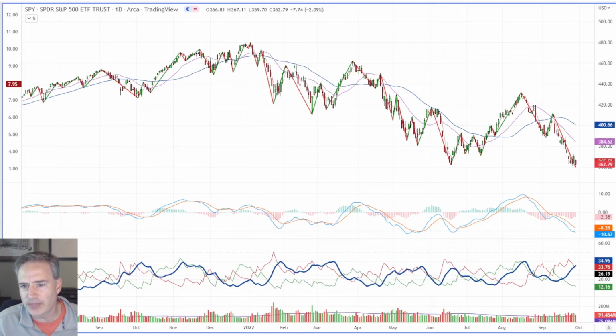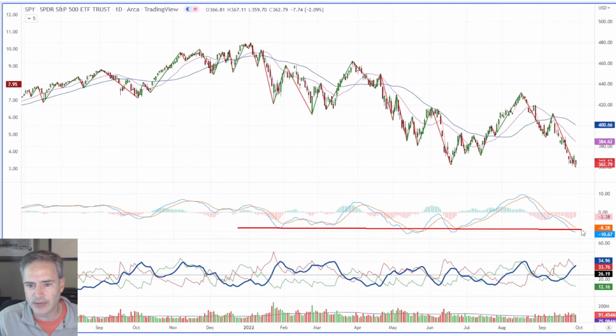Now, the reason why I think there's a potential for a rally before we go down is because we're pretty stretched from the 18. Normally, when you break down from an oversold condition, you get a little bit of a rally first. The other reason is if you look at MACD right now, we're down into this oversold region, okay? Once again, why would I say it's just a rally and not the potential for a big reversal? And the reason is this.